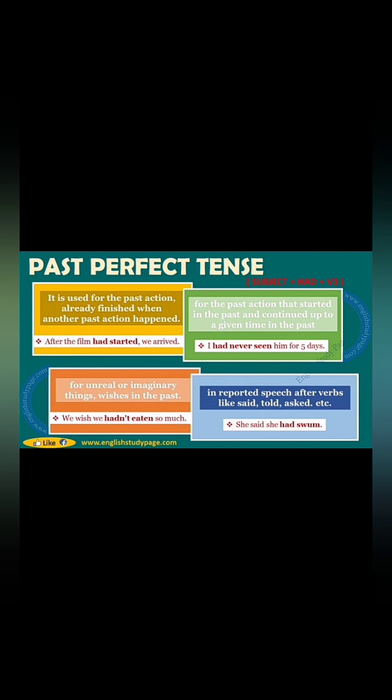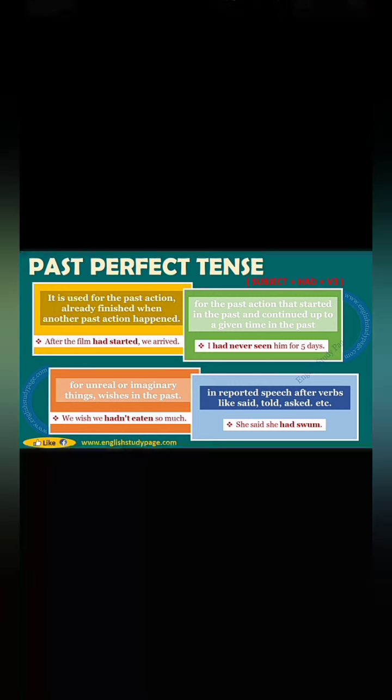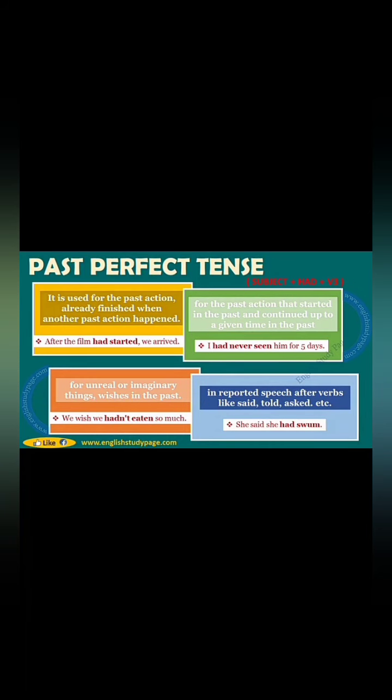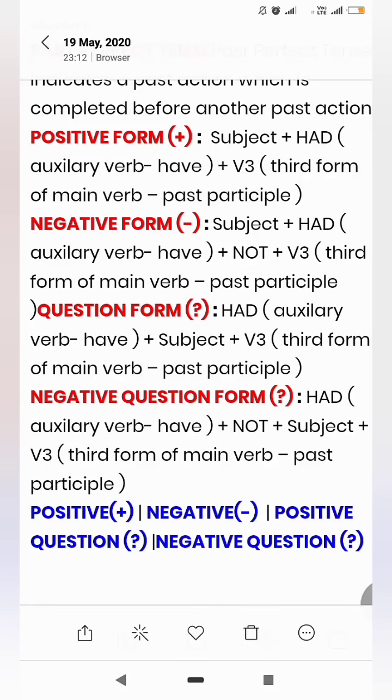The past perfect tense indicates that an action was completed, finished or perfected. Past perfect form, it happened before another action in the same sentence. Subject plus had plus V3. That is past perfect. I had met him before the party. I had met him before the party. I had met is happening before the party. Party is in past tense. And before that past is had met.